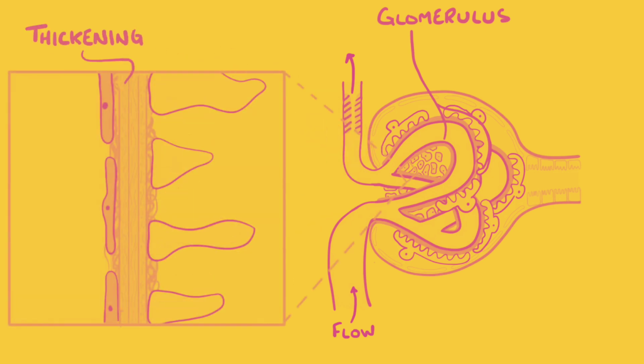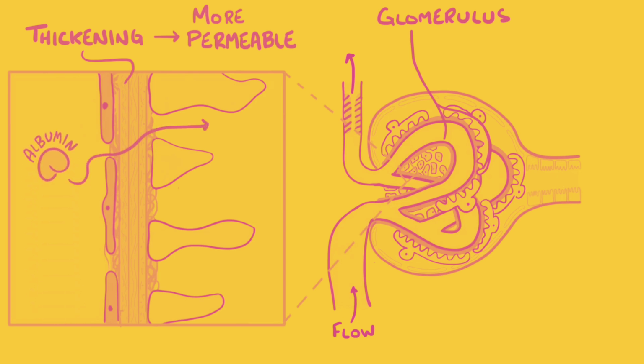The thickening of the basement membrane counterintuitively makes it more permeable, allowing proteins like albumin through that otherwise would have been filtered out. It makes sense though if you think about our octopus friend again. As the glomerulus expands, the legs of the octopus